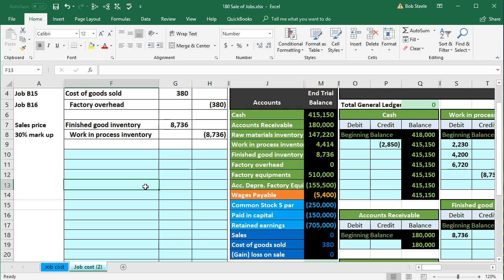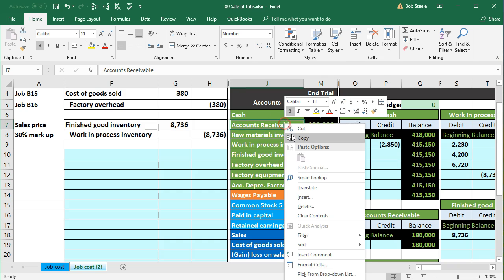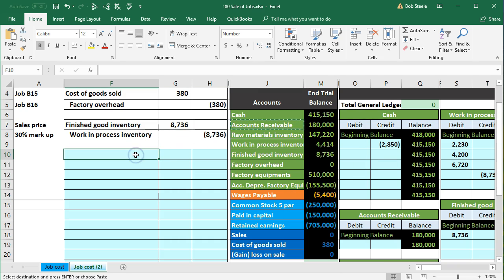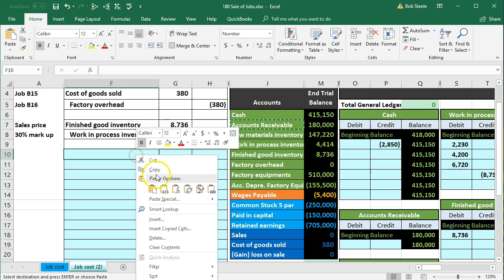So what we're going to do here is record the sale. And the sale means typically we either got paid or we got an IOU. They're going to owe us money. We're going to bill the client. So I'm going to right click on accounts receivable and say that that's going up. We're going to right click and copy, put that up top in F10, right click and paste 1, 2,